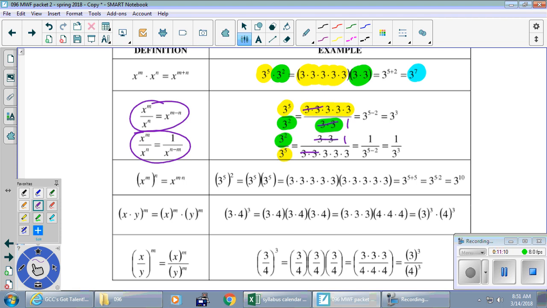Okay, next up, 3 to the 5th, the whole thing squared. So again, we're naively writing things. 3 to the 5th squared really means 3 to the 5th times 3 to the 5th. Yes? And then 3 to the 5th is really 5 3's written out. And then the other 3 to the 5th is another 5 3's written out. How many 3's are there altogether? 5 and 5, that's 10 3's, yes? What's the shortcut? Looking at the original powers to build the correct power of 10 is we multiply those powers,